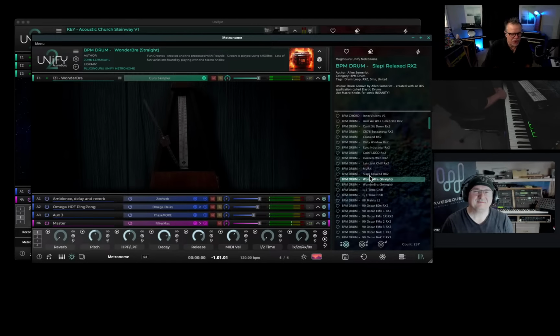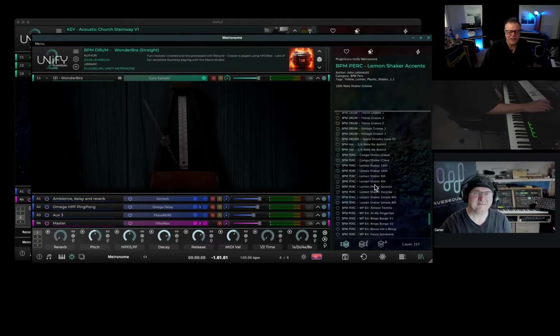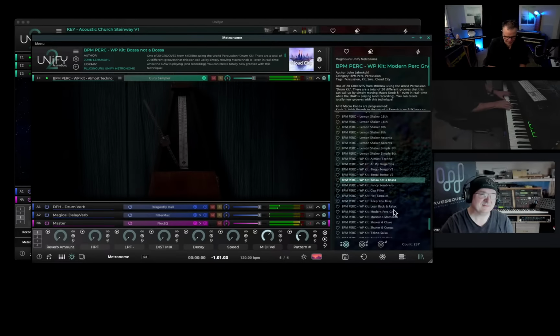So your metronome is not just a click anymore. And it's very easy to just call this up, go down the list, go, I want some percussion. So go down here to the World Percussion Kit, Bossa Nada Bossa. That's my metronome. Yeah, the metronome can become a whole backing band for you because what you could potentially do